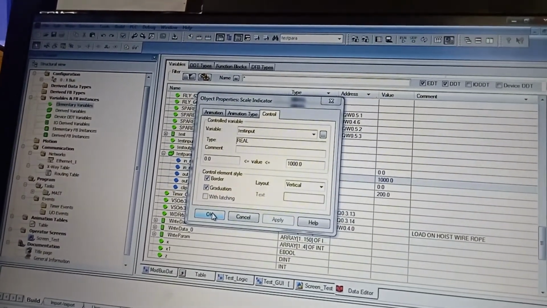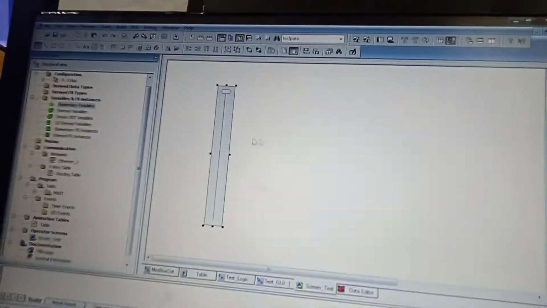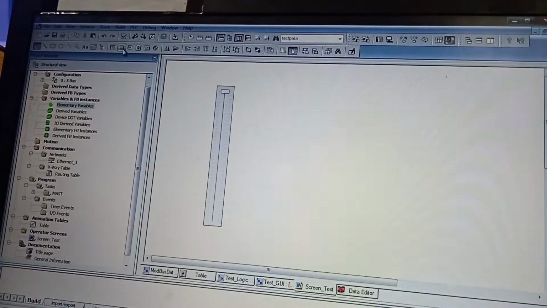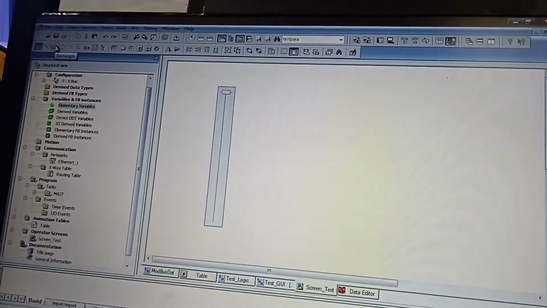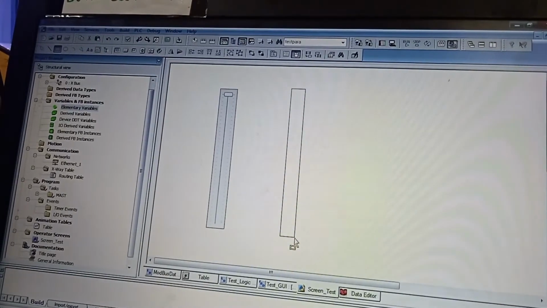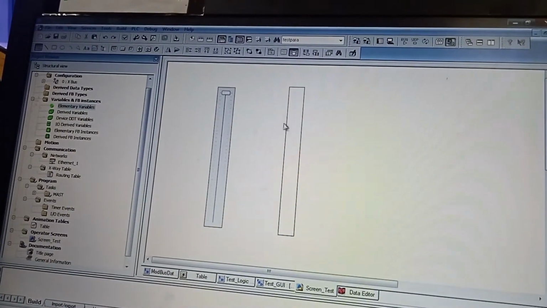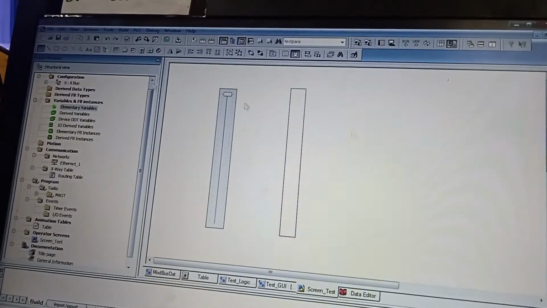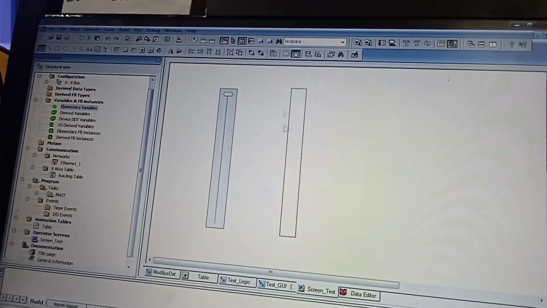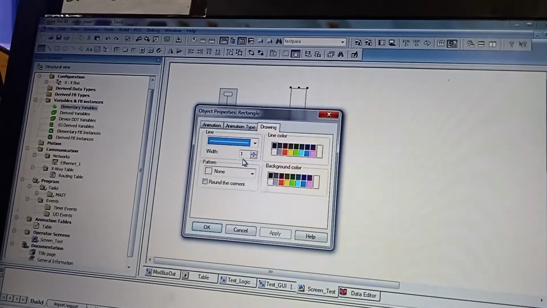Okay, now I will go to one rectangle. You select it, I've selected it, double click it.